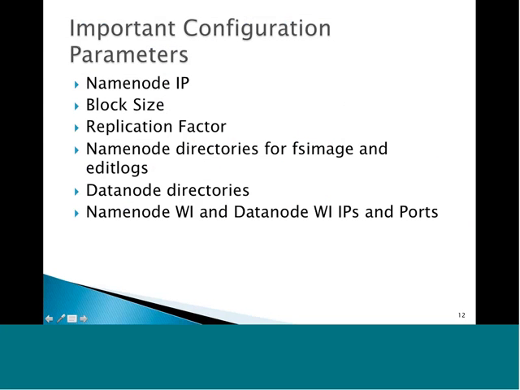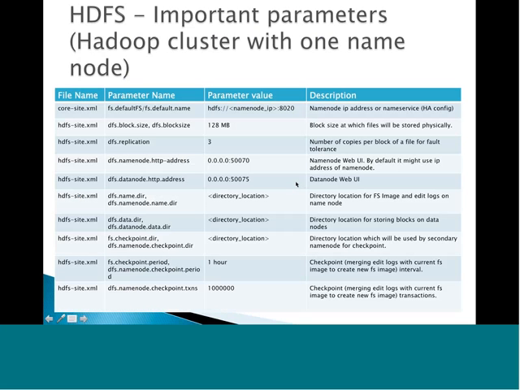Okay, now we will talk about important parameters in the HDFS. I have shown you the name node IP address, block size, and replication factor in the past. And today I have shown you the directories for FS image and edit logs, and also the data node directories and name node directories. I will talk about IPs and ports now, but you can use this slide as reference for all the important